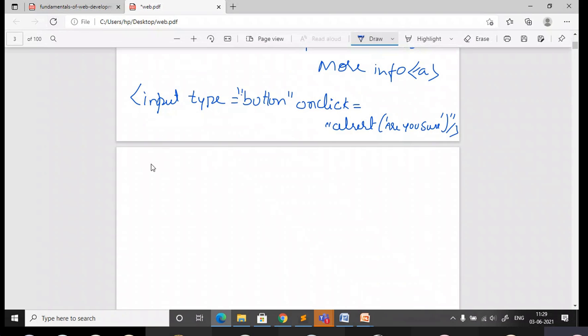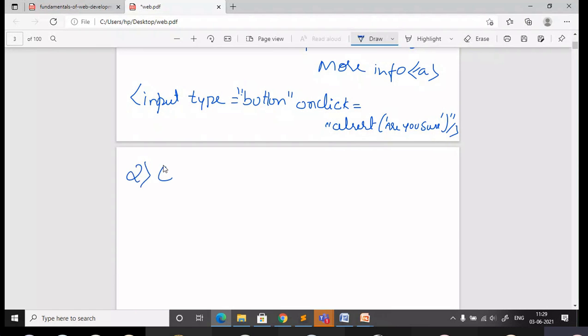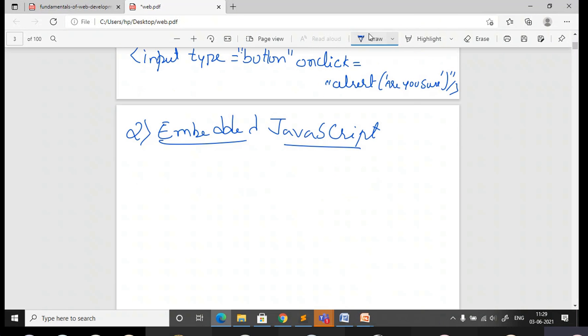So next we'll move on to, I have not written the complete program, so we'll execute the complete program. Not external, we'll go with the embedded. So the second method is embedded JavaScript. Here, similar to CSS where you put the CSS code using the style tag, similarly you're going to use a special tag called script.